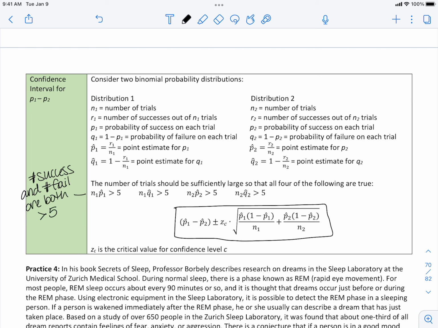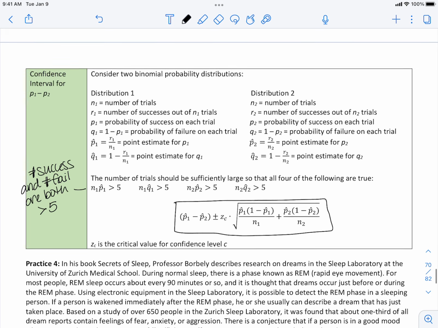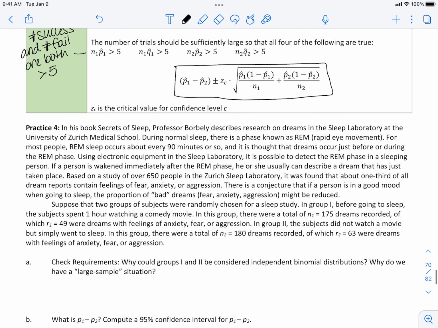greater than 5, okay? In his book, Secrets of Sleep, Professor Borbely describes research on dreams in the sleep laboratory at the University of Zurich Medical School. During normal sleep, there's a phase known as REM, or rapid eye movement. For most people, REM sleep occurs about every 90 minutes or so, and it's thought that dreams occur just before or during the REM phase. Using electronic equipment in the sleep laboratory, it is possible to detect the REM phase in a sleeping person. If a person is wakened immediately after REM phase, he or she usually can describe a dream that has just